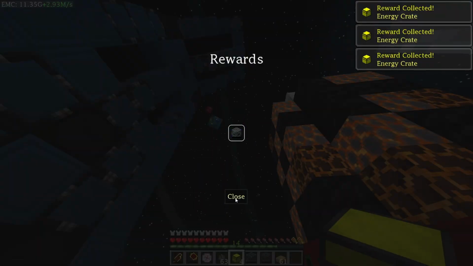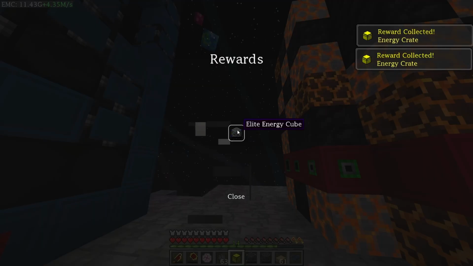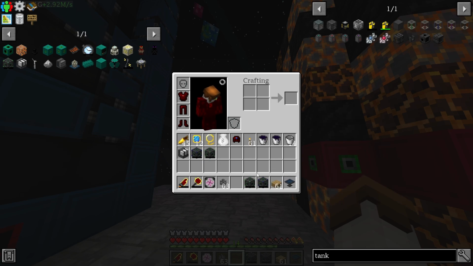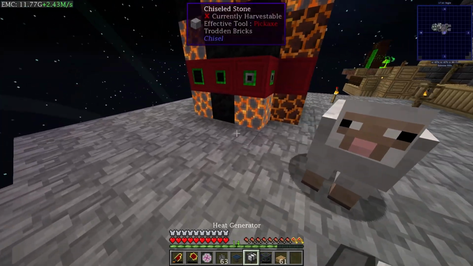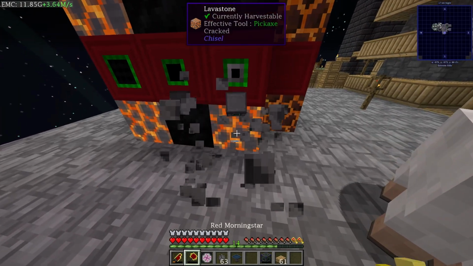So we got an energy cube, another energy cube, got a solar generator, heat generator, another energy cube, another energy cube, and that's it. So we got the solar generator and a heat generator. The heat one's pretty good. First of all, it has an EMC, which is great. And then all we gotta do is actually put this here, maybe, or actually maybe just put this on the